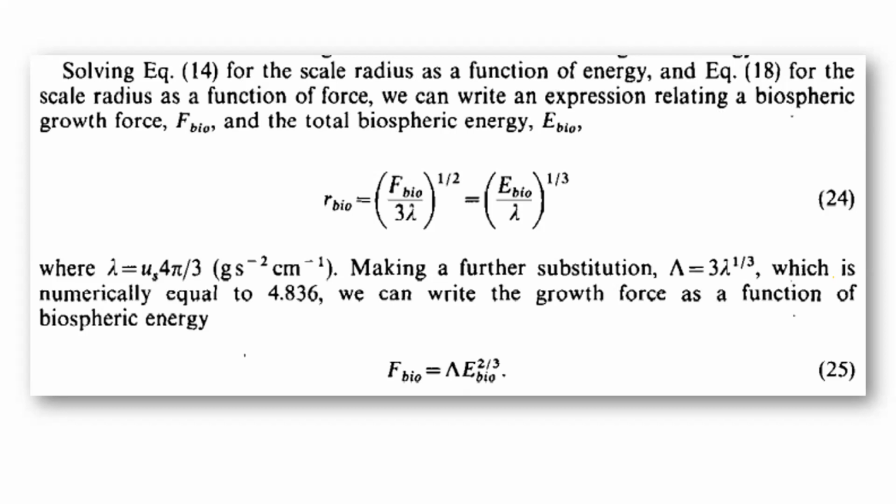as a function of the force and the energy. And then you can basically take the radius out of the equation and collapse the relationship so that you're just looking at the evolutionary force, which is an outward pressure in essence. If you're thinking about a balloon, you might think about this as the pressure pushing out on the inside of the balloon. We'll now think about it as energy structuring itself, being motivated to grow. So it's a growth pressure in a sense. And I believe it's a constant lambda, which is 4.836. That just comes out of the volume of a sphere relationships. But what you see is that it's a function of energy to the 2/3 power.